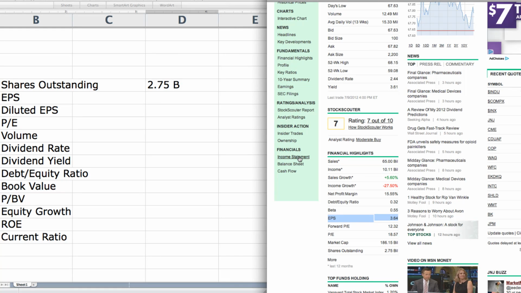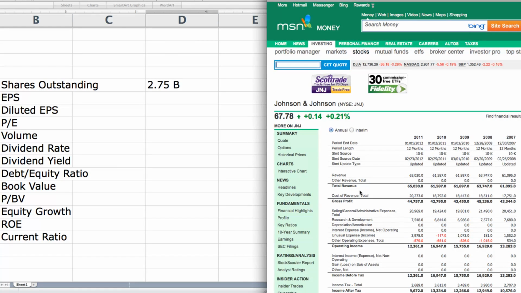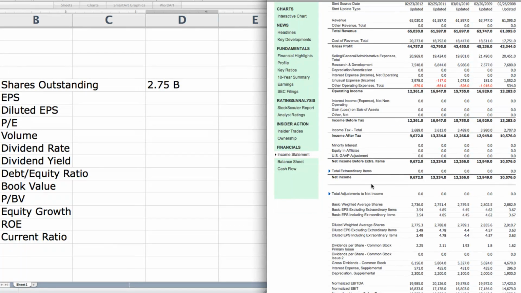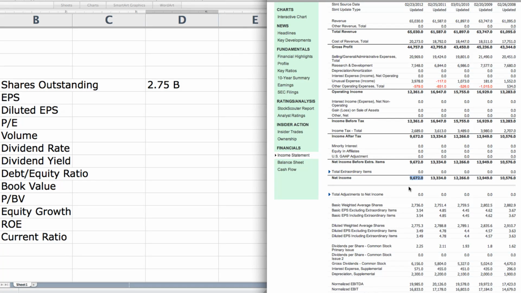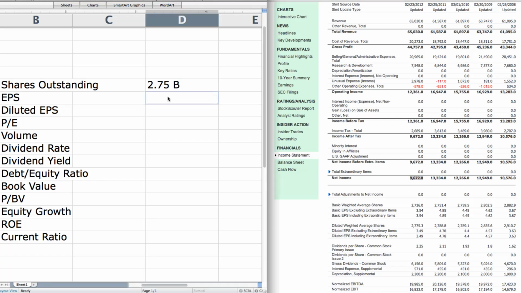So if we go to the bottom of the income statement, you can see it says net income, and the net income is $9,672,000,000. So I'm going to take that number. In Excel, in order to do calculations in a cell, you just type an equal sign, and now it knows that you're going to be doing a math problem. What we're going to do is take that 9.6 billion and type it in as